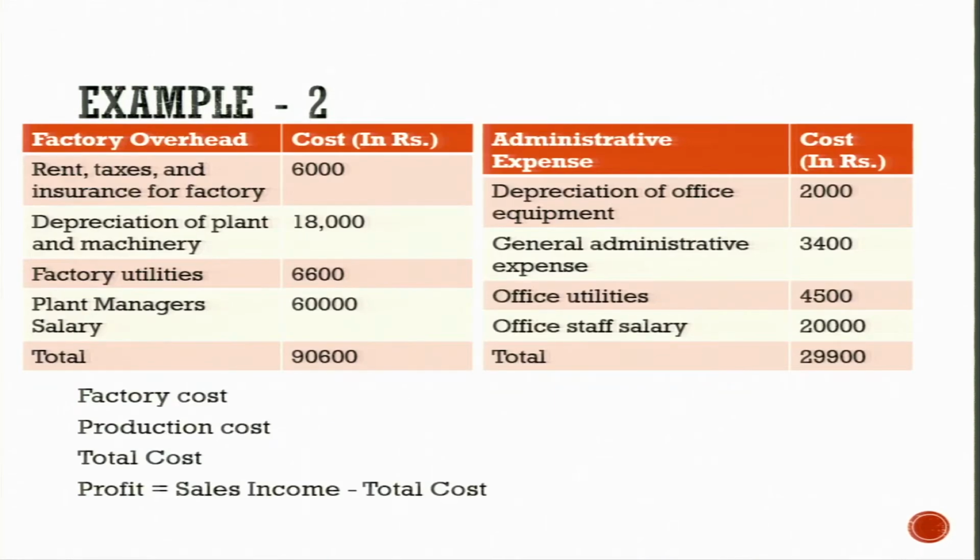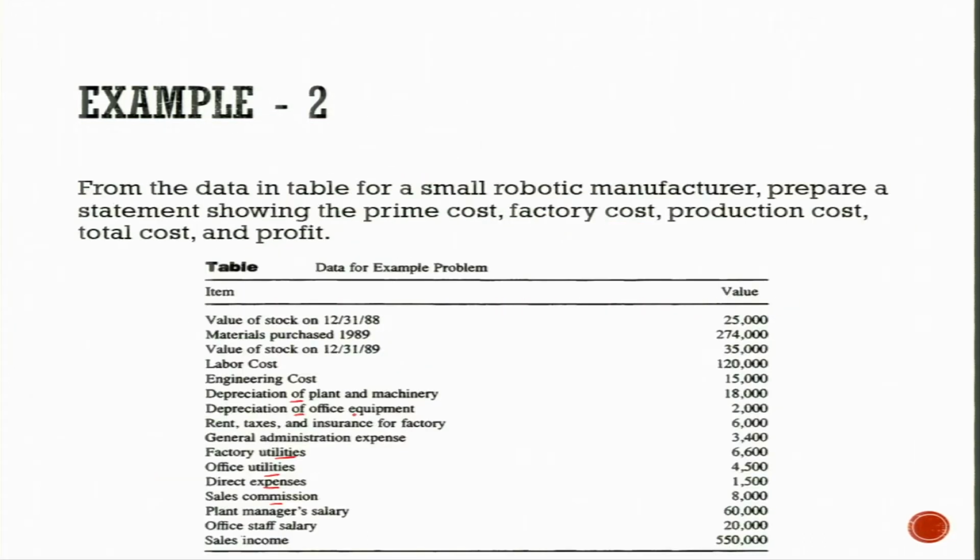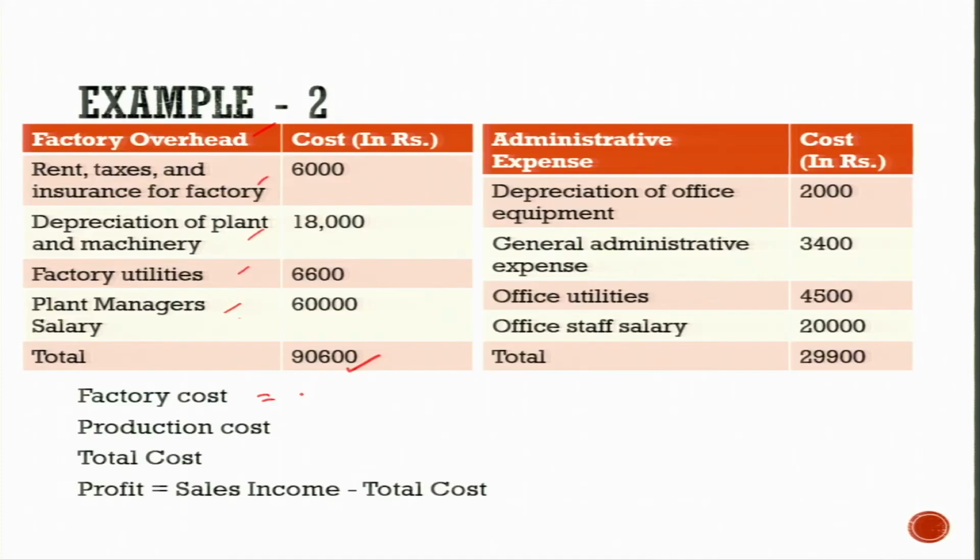Now, these are important things. Factory overheads is the rent and taxes plus depreciation plus factory utilities plus plant manager salaries. This plant manager salary does not go into the administrative expenses; it becomes only the factory expenses. That is why the factory cost here could be calculated as the total factory overheads plus the prime cost, right. So, I would just put here factory overhead plus prime cost,